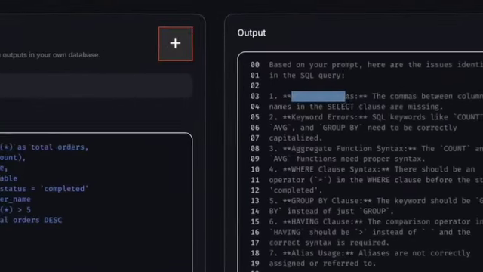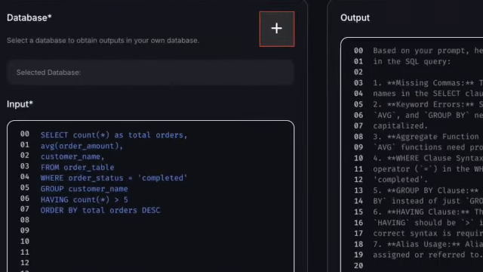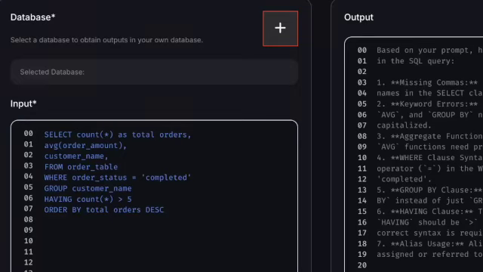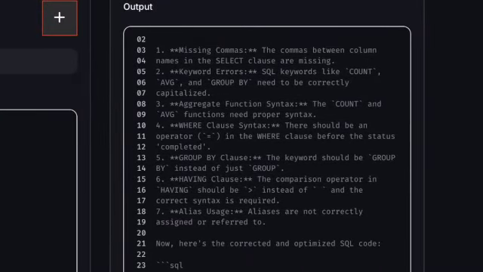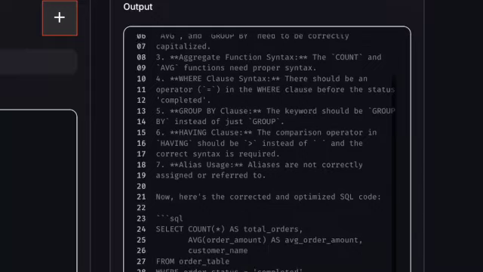No more struggling with SQL syntax errors or spending hours debugging queries. Whether you're a beginner or experienced developer, AI2SQL helps you write correct SQL code